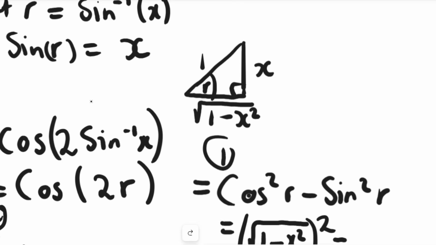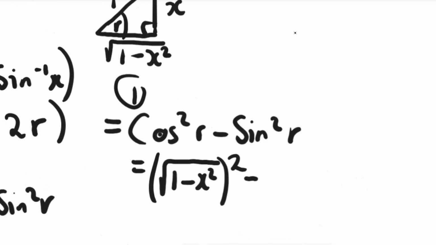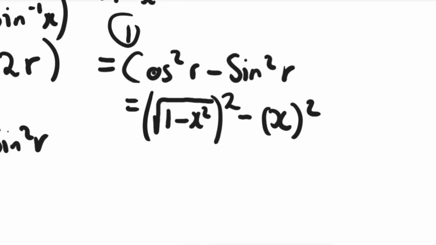Or you can go to the sketch if you want to, it doesn't matter, and say sine of r is x over 1. Sine of r is x over 1, and therefore you will have x over 1 there, that is just x, all squared, and writing the final answer will then be, here